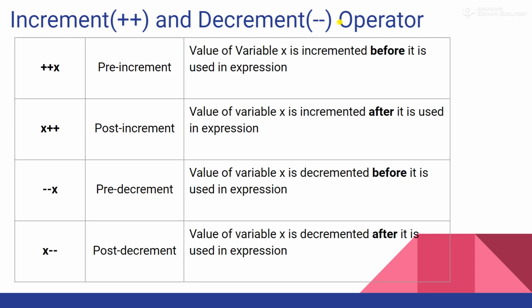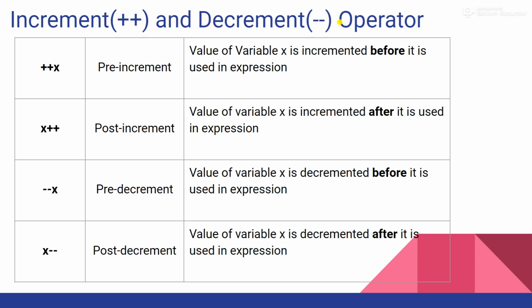So now here is a table where you can see pre-increment and post-increment. We have studied in the last slide increment and decrement operations. Increment means increase the value by 1, and decrement means decrease the value by 1. Now we will see what exactly pre and post mean. So students, if there is a plus plus operator before the variable name, that is x, now in the first row you can see it is ++x. Since the ++ operator is at a place before x, it is called the pre.